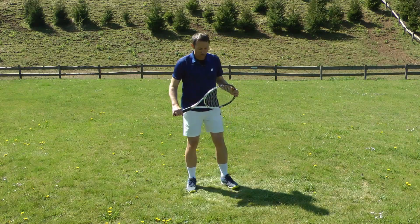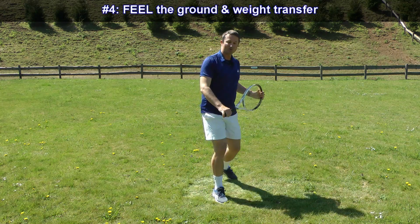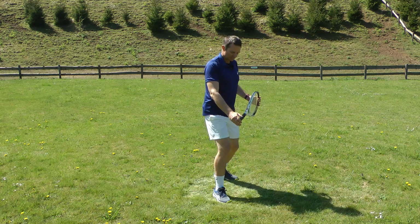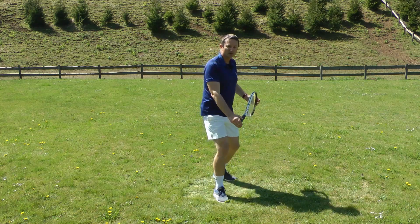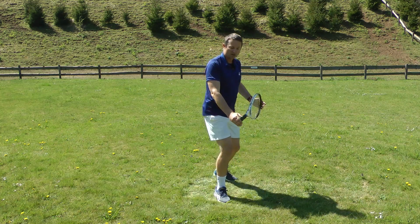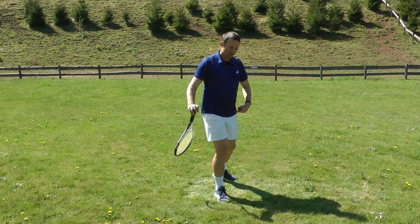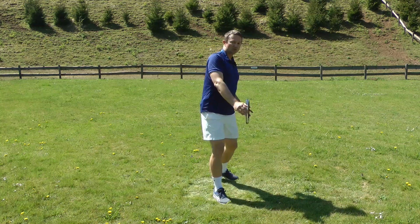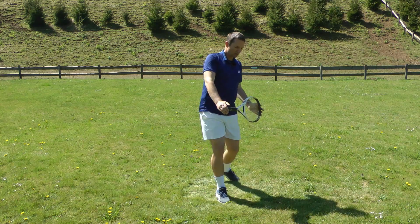Okay, so let's transition to feeling the ground. So again, we go to the neutral stance. We want to feel the ground, we want to feel good weight transfer. Again, we still hold the racket like this at first. And now you will see why it's important that we activated a bit your core and your pelvis, because it's important that something is happening here, that you do this little move here. If you do weight transfer like this, so observe, you see there's no hip rotation. So we're doing weight transfer,